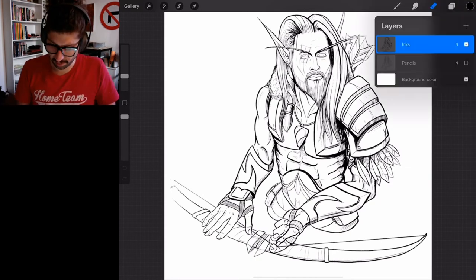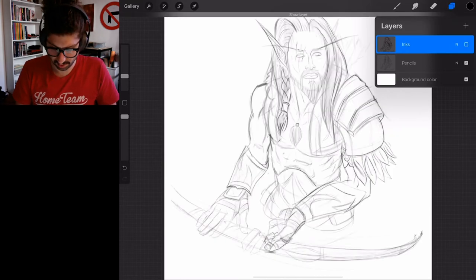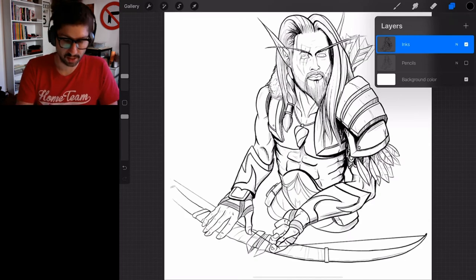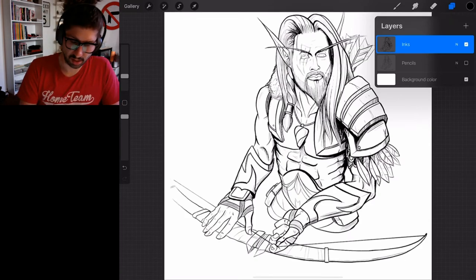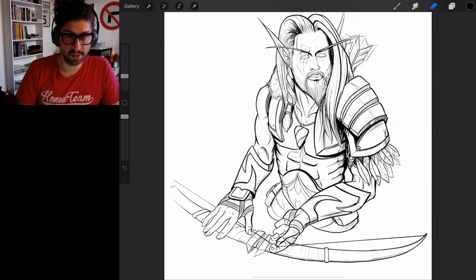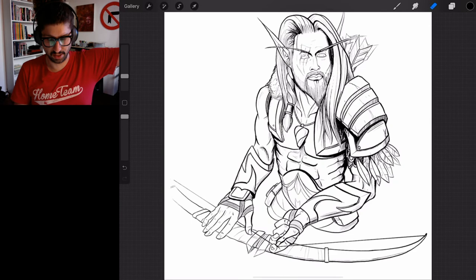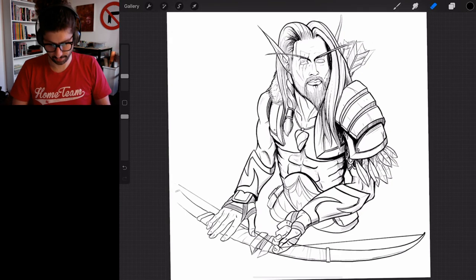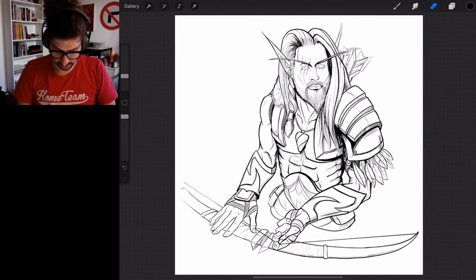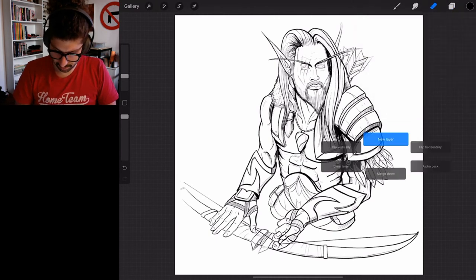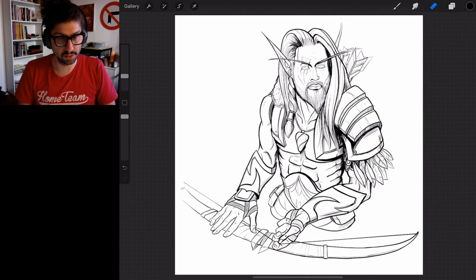So first step, take a look at my layers. I have the pencils and inks. So this was the pencils, and now we did the inks. I'll maybe talk about all that stuff, inking and color, on another video. This one is going to be mainly on coloring. So phase one is what's called flatting. And here's how, so essentially what we want to do is